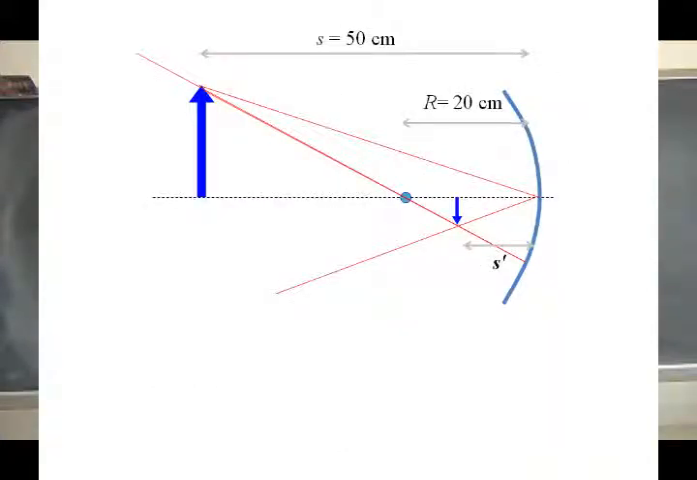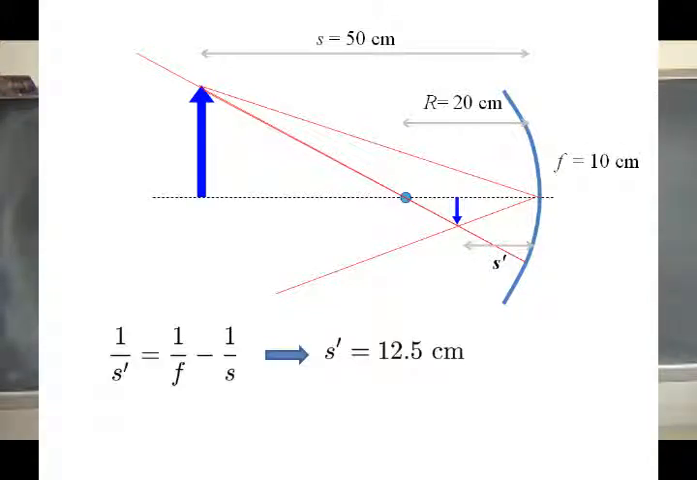All right, let's work out a specific numerical example. Let's suppose that the radius of curvature of our mirror is 20 centimeters, and our object is 50 centimeters away from the mirror. What is the image distance? Well, the focal length of the mirror is just half of the radius of curvature, 10 centimeters, and so when I solve my